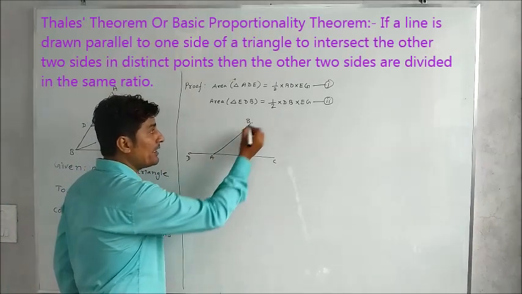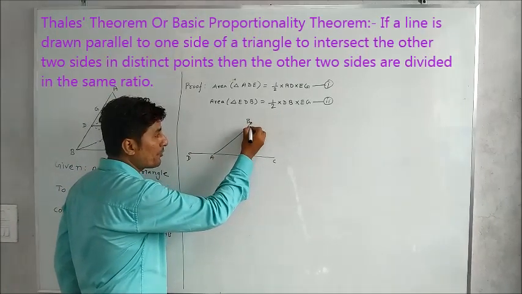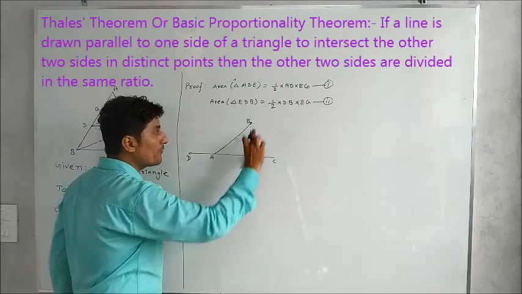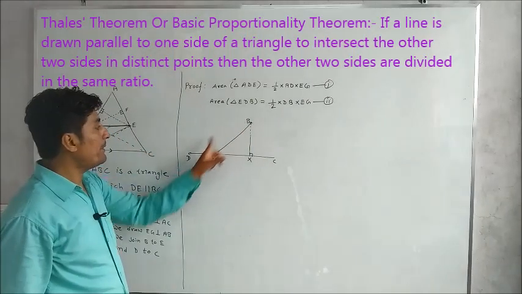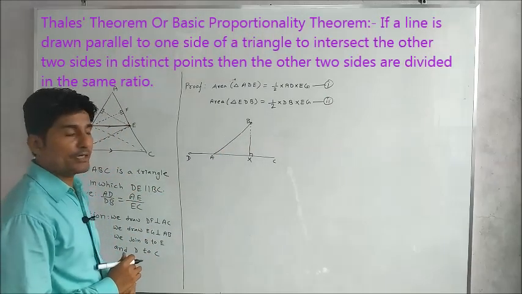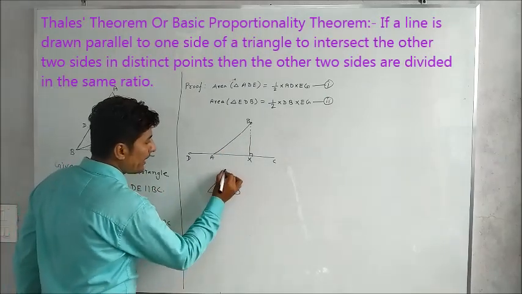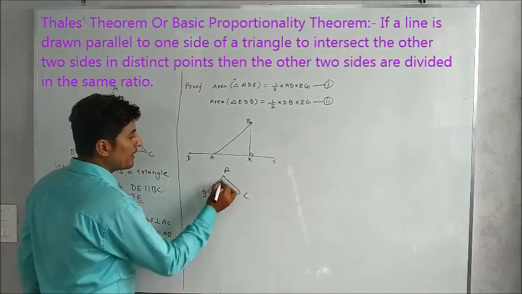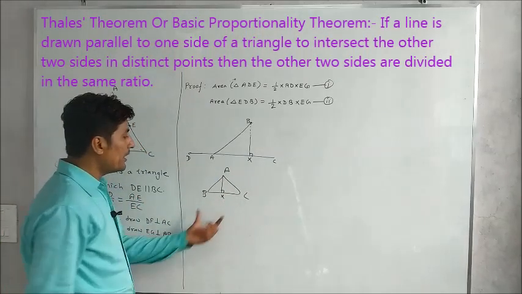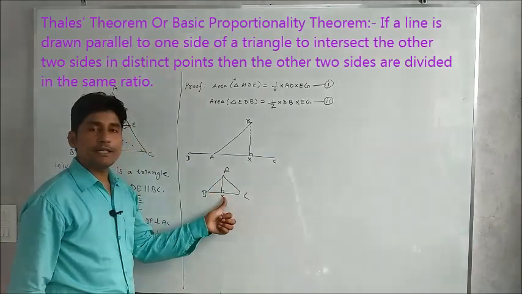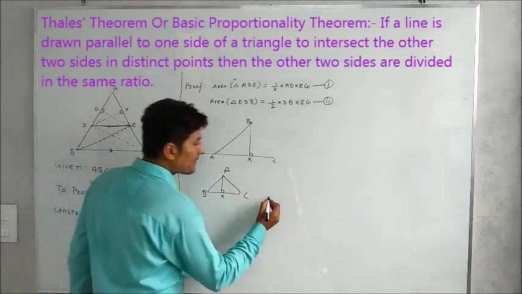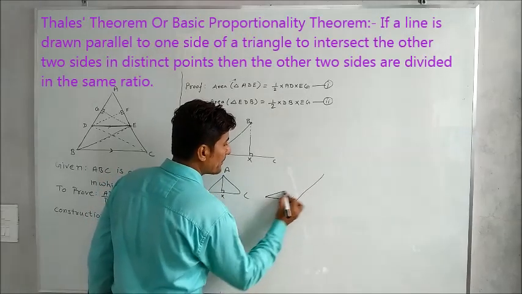What is the height of the tower? If this is the vertex, then we have to draw a perpendicular to the base. Suppose this point is X, so BX will be the height of this tower. AB is the length of the tower, not the height. Height is always perpendicular. Suppose we are talking about a triangle ABC, in which AX is perpendicular on BC. If base is BC, then AX will be taken as the perpendicular height for this triangle on base BC.